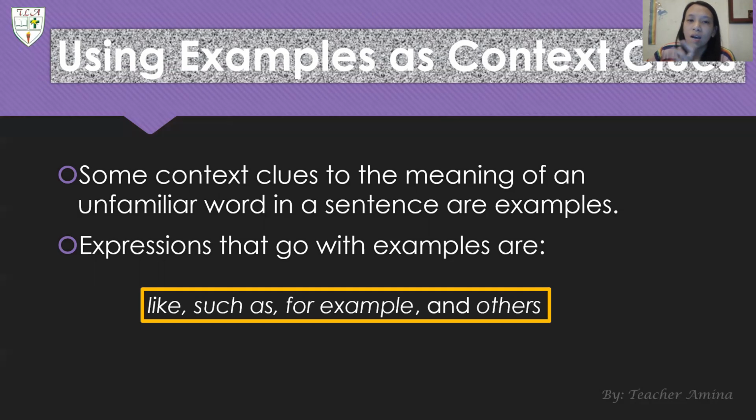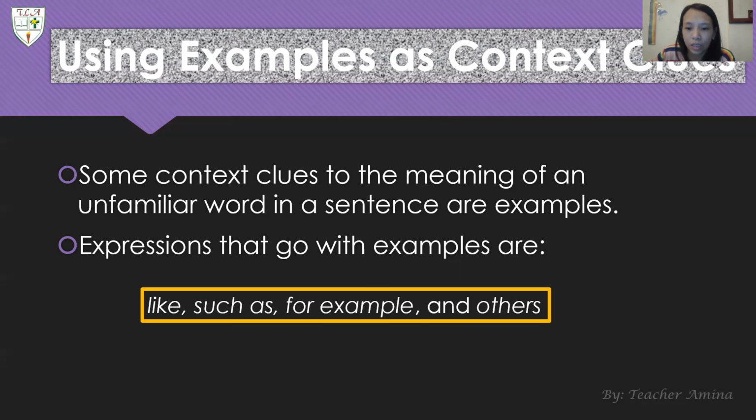So if you see a sentence that has these expressions, you know already that after those expressions follow or are listed the examples of the unfamiliar word.